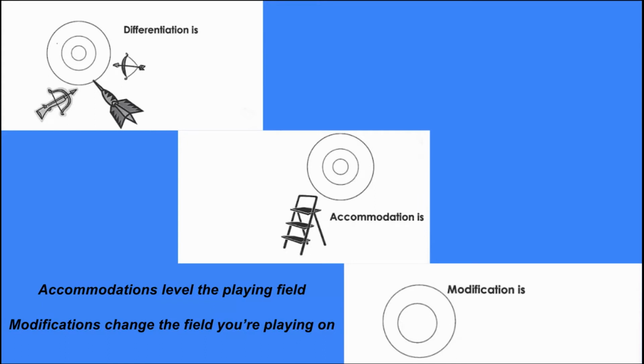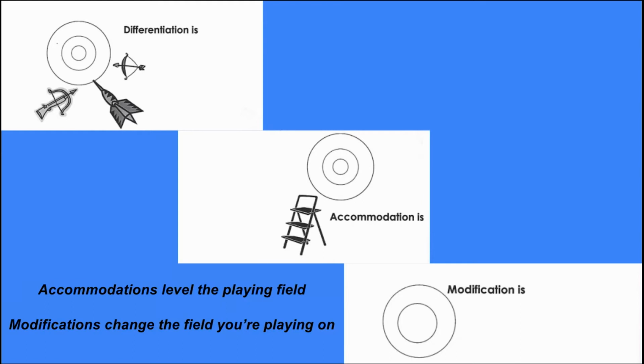Modifications change the target or objective a student needs to hit or achieve. A modification does fundamentally alter the standard or expectation of a course or assessment. Curriculum and materials, such as assignments and assessments, may be adapted in ways such as being written at a lower level of understanding and simplifying vocabulary, concepts, and principles.